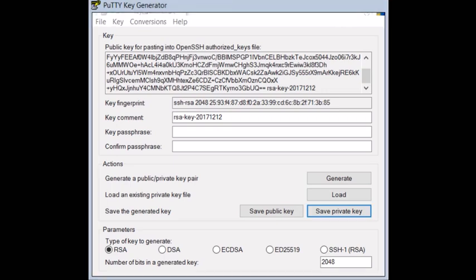So I just name the private key the name of my droplet dash private key dot priv dot ppk. The ppk is the extension for private key on PuTTY. So I just save the key like this on my computer.